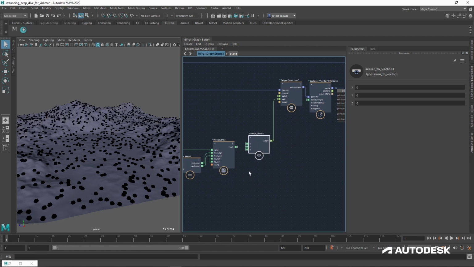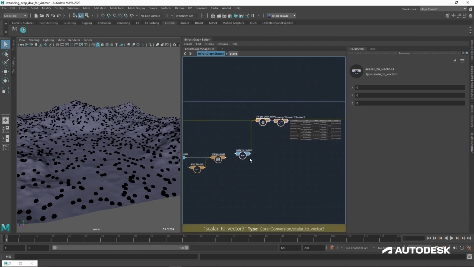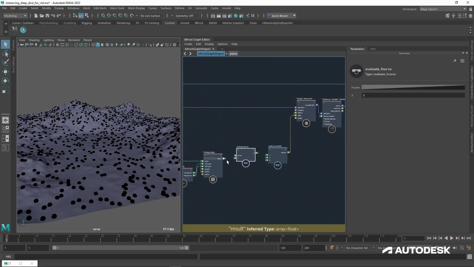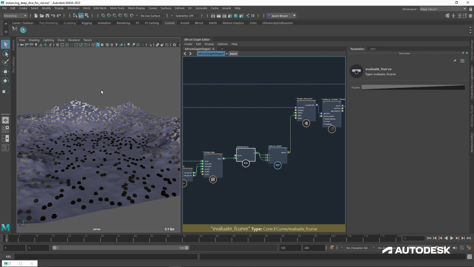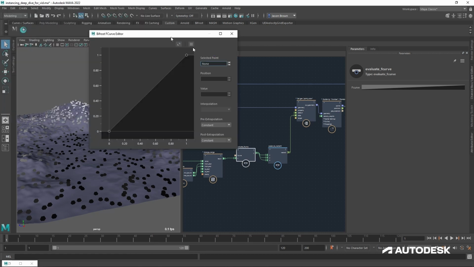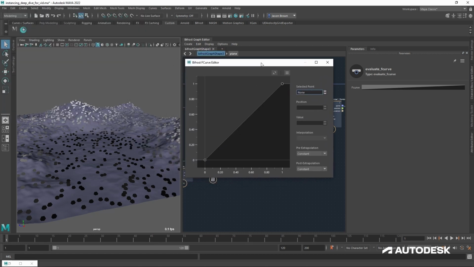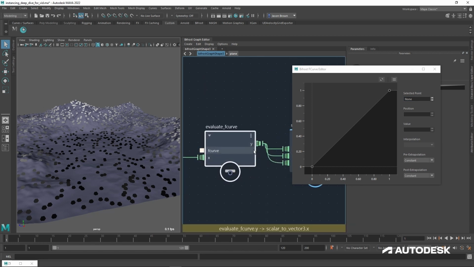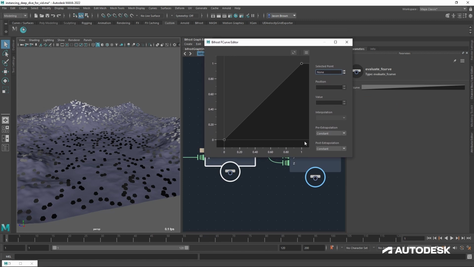So just after making it, I'm going to break those connections and move these guys along a little bit, and I'm going to put in an evaluate F-curve in between these two nodes. So we're going to put our 0 to 1 result into the X, and our Y out to our colors. What this is going to let us do is adjust this. At the moment we're getting a linear curve. If you have a look at the F-curve node, you've got X as the input and Y as the output. This is the X-axis and this is the Y-axis, and that's exactly what we're mapping.